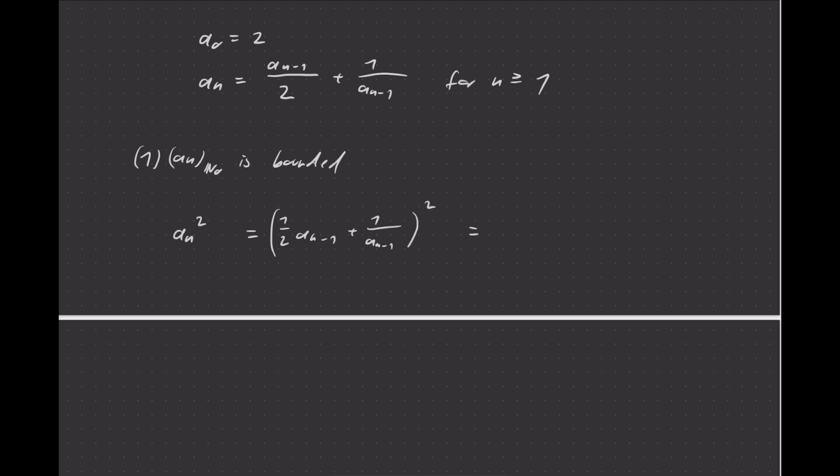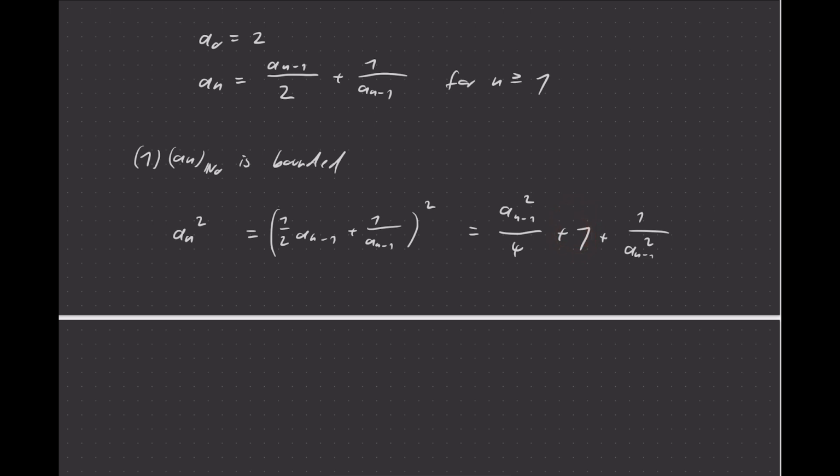And we can, of course, express that explicitly as a_{n-1} squared over 4 plus 2 times 1 over 2 times a_{n-1} times 1 over a_{n-1}. So these two cancel out, and 2 times 1 over 2 also cancels out. So the factor in the middle is 1 plus 1 over a_{n-1} squared. And that 1 here is what makes it particularly interesting,